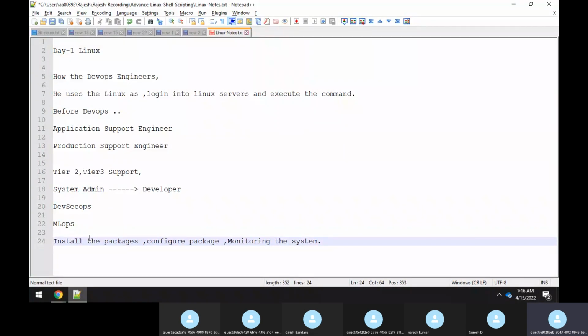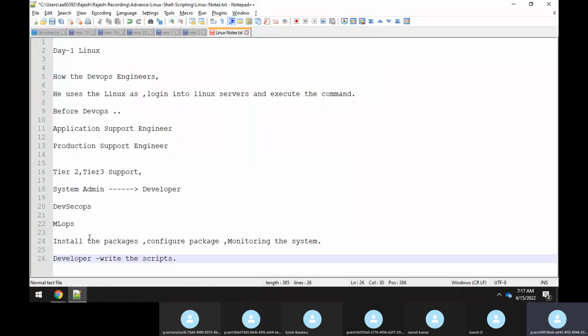So they were doing some of the little work which they could do. But if you asked the system admin during that time, "I have a requirement to automate certain tasks, can you automate that?", the system admin would say no, I'm not a developer or a script writer, I will not be able to write the scripts. You ask the developer for the script writing and everything. So during that time, the developer used to write the scripts. Whatever the automation task came, the developer only would do that.